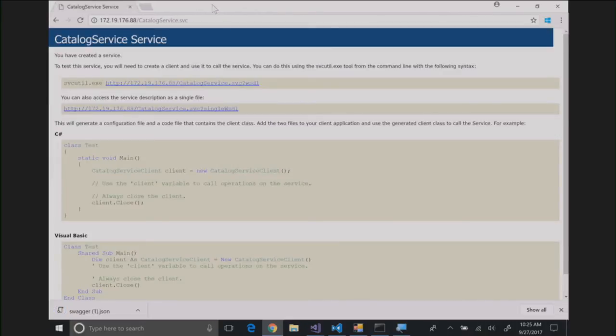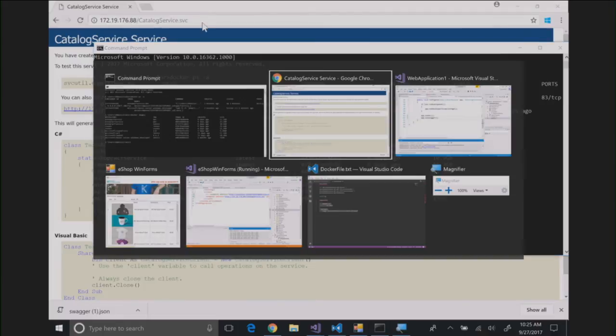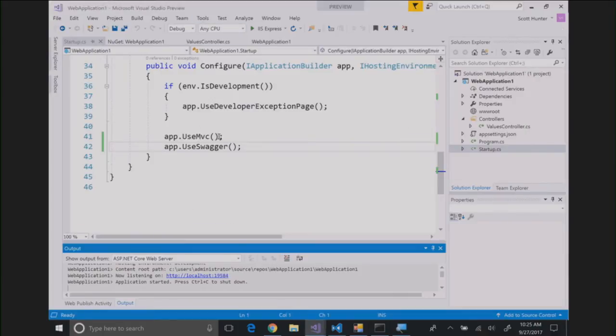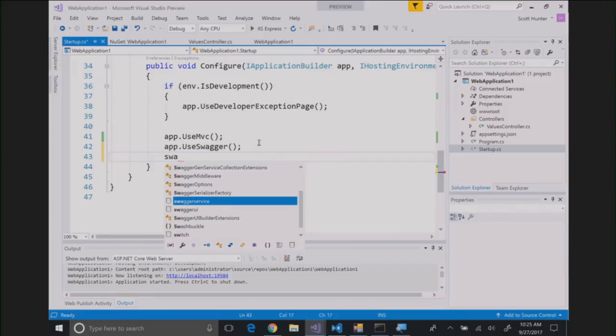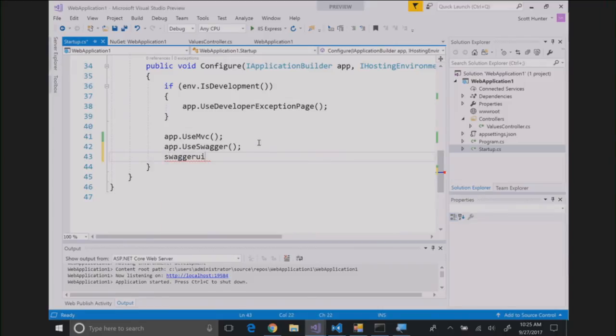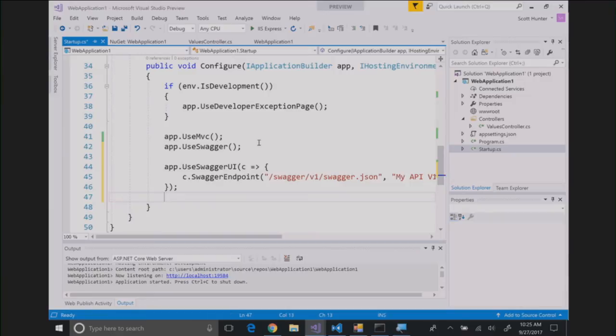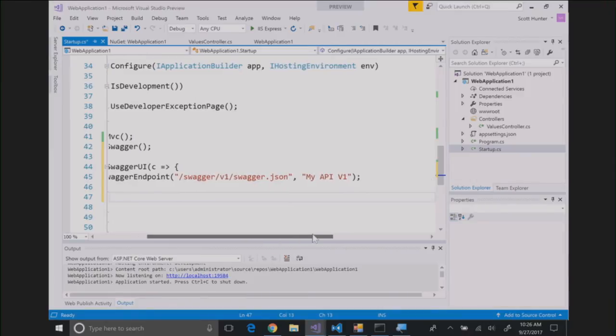Seeing that raw data is not very exciting. But I can also come down here and add one more thing. I've got a snippet of code here. It says use Swagger UI. It gives it that same endpoint that has the Swagger metadata. And what this does is give you basically a test platform to call your APIs. So if I run this app again,